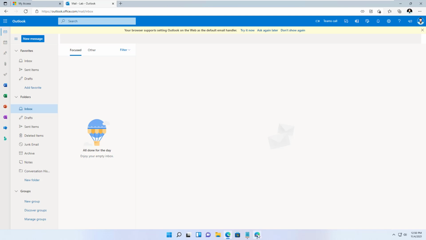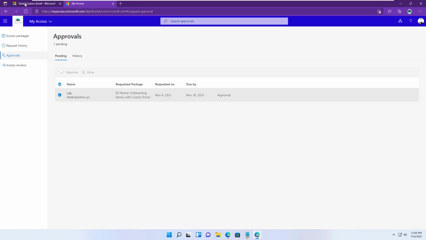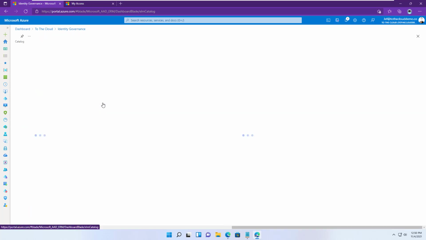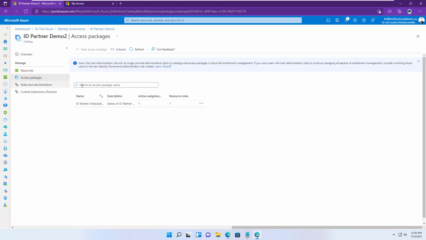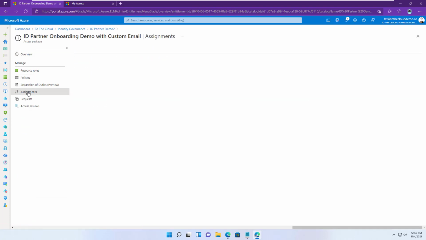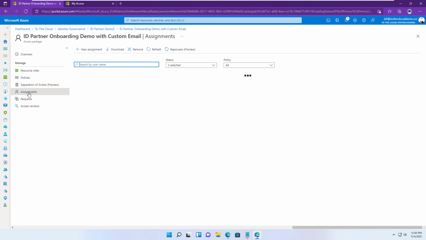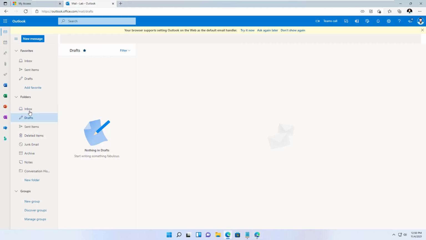And let's go and look. Identity governance. Let's go to catalogs. And we can see assignments. It's still delivering here. So it hasn't actually hit the phase yet. So let's make sure it gets to delivered. And it's delivered. So now we should see